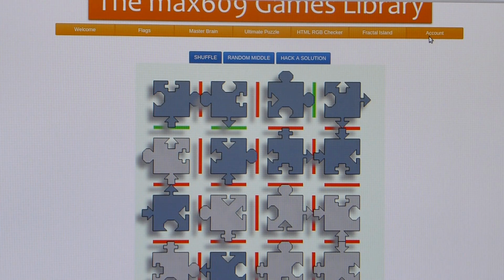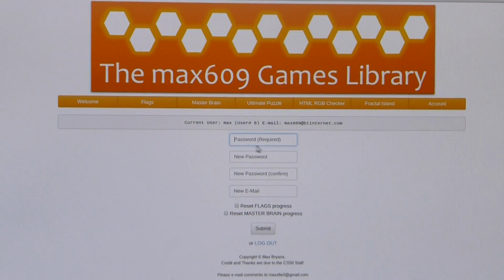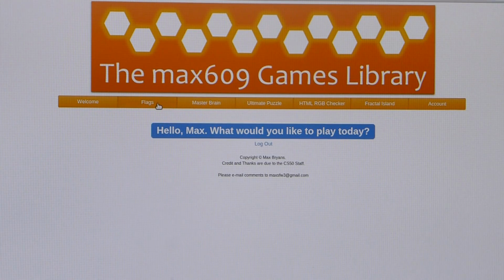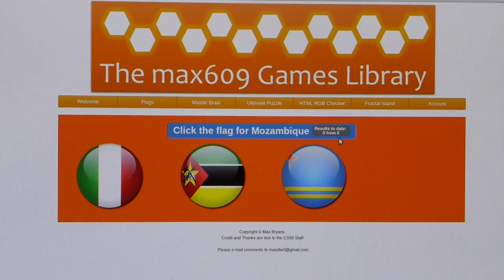And of course we've got our account management side. If anybody wants to change their email address or basically reset their progress for the game, which I will do now. If I reset the Flags progress and my Masterbrain progress and submit them, no thank you Google. If I go back into Flags, you will notice that I've got a 0 from a 0. If this was done properly, then people could have, as long as you've scored 100 games, see who's got the